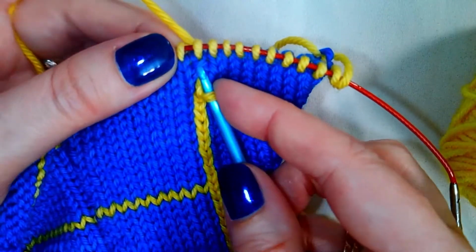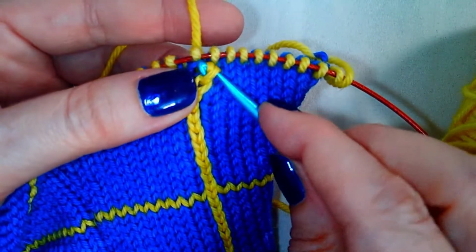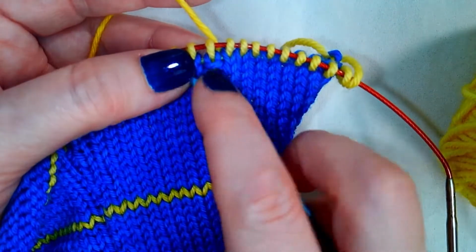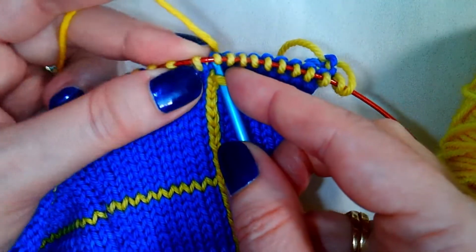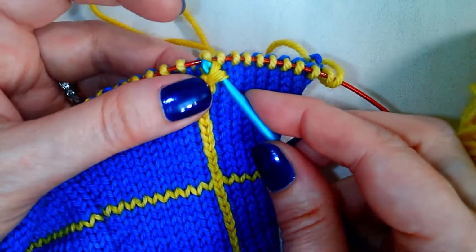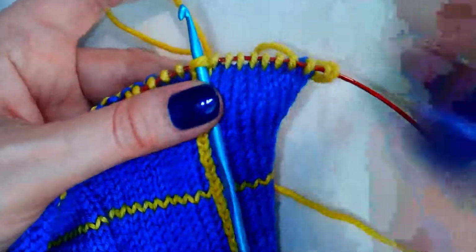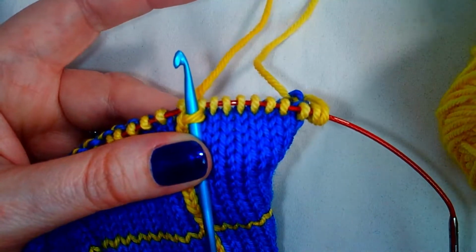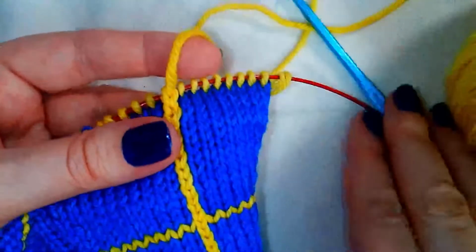When you get up towards the top, I think I have one more stitch. So this would be my last stitch right here. I want to go ahead and yarn over and pull a loop up, but then I'm going to cut a tail, and I'm going to pull the hook out,